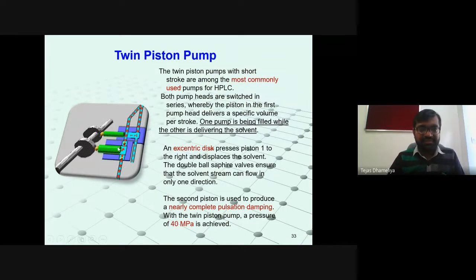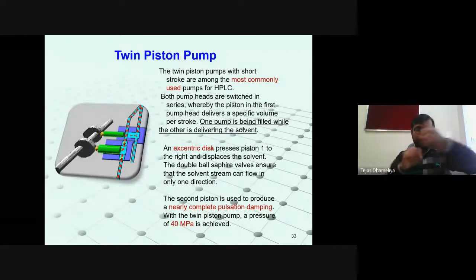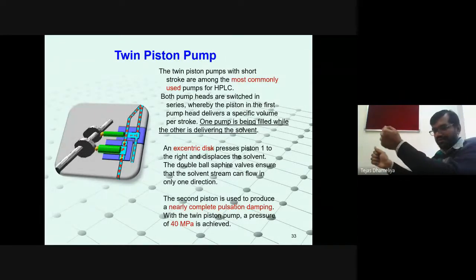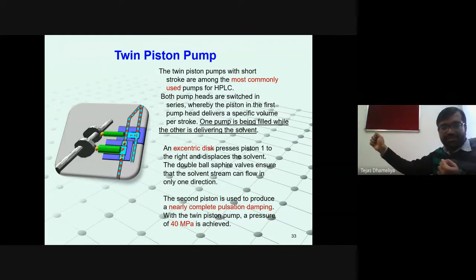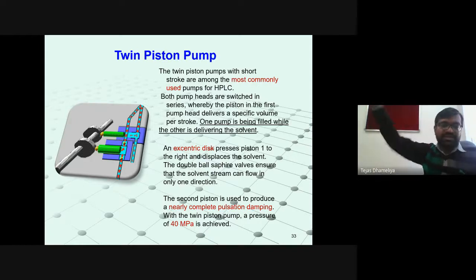This is a pump which consists of two pistons together. The way this is done is based upon the two pistons. If one piston goes backside, the other piston will move towards the front side. Then one piston will come back, and the other piston will move forward. So with the help of these two pistons together, there will be continuous movement of the solvent from the reservoir to the column.